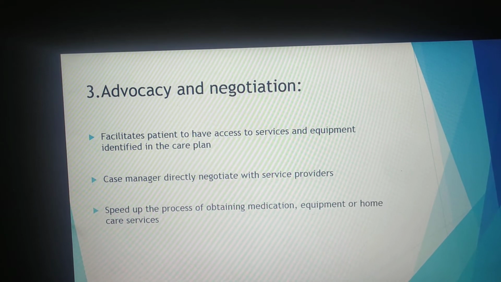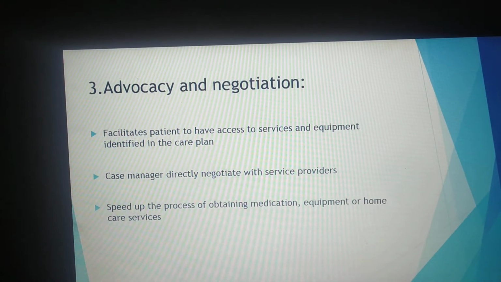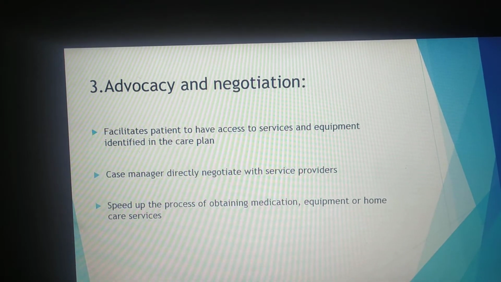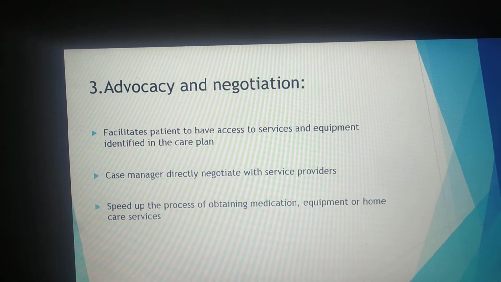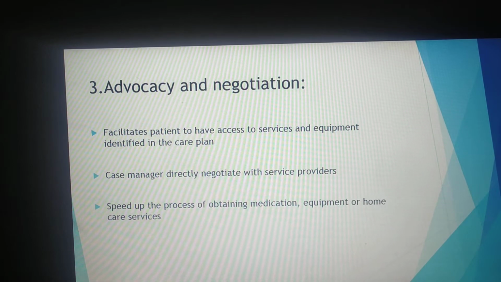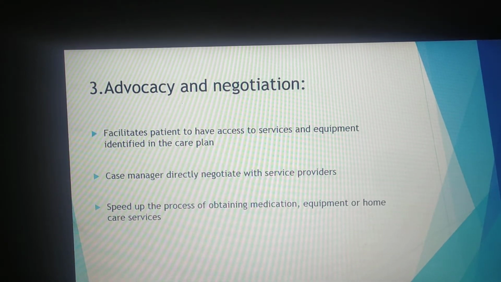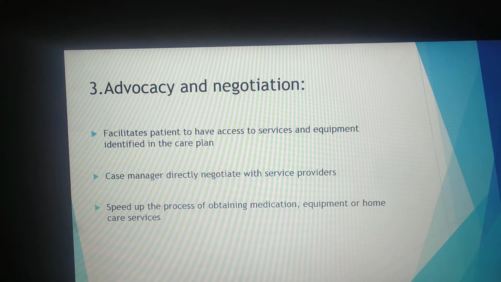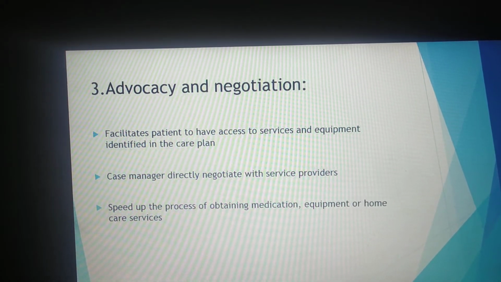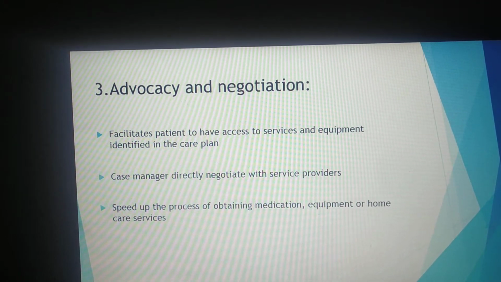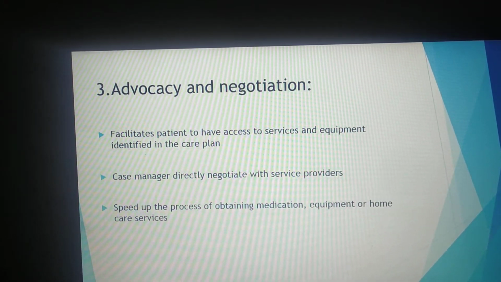Here the psychiatric nurse or the case manager should not have any partiality in the provision of care to the patients. She needs to have good judgment, patience and empathy towards all the clients, and she needs to provide good services to the patients.